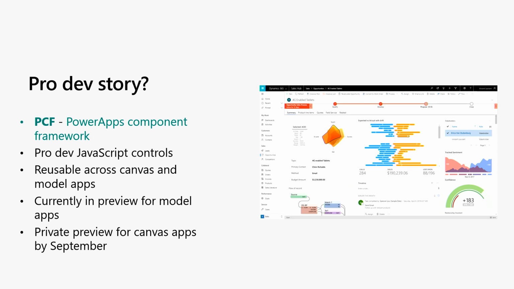So if you have a feature that you've been nagging us about, hey, this doesn't work, or when are you guys going to build this? Well, if it's not something that we're going to build, there's always the option of you building it with code and then using it inside the app. So how this is going to materialize is that